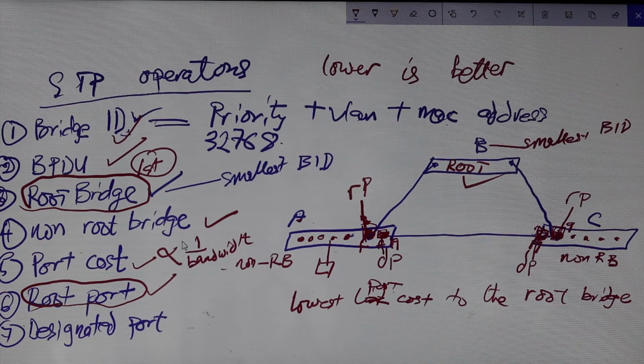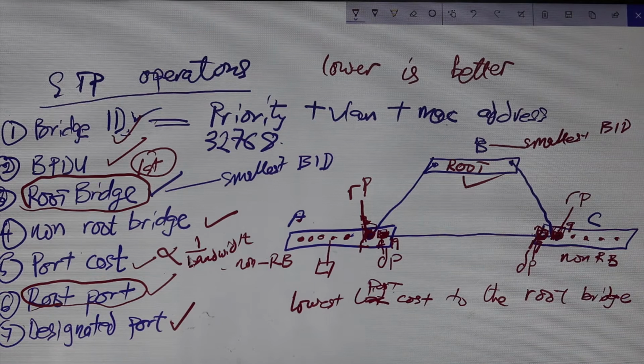So if I ask you to explain everything you are seeing here in your own words, can you do that? From number 1 to number 6. We have even treated number 7. So can you try out something? Okay. Bridge ID, start from here.